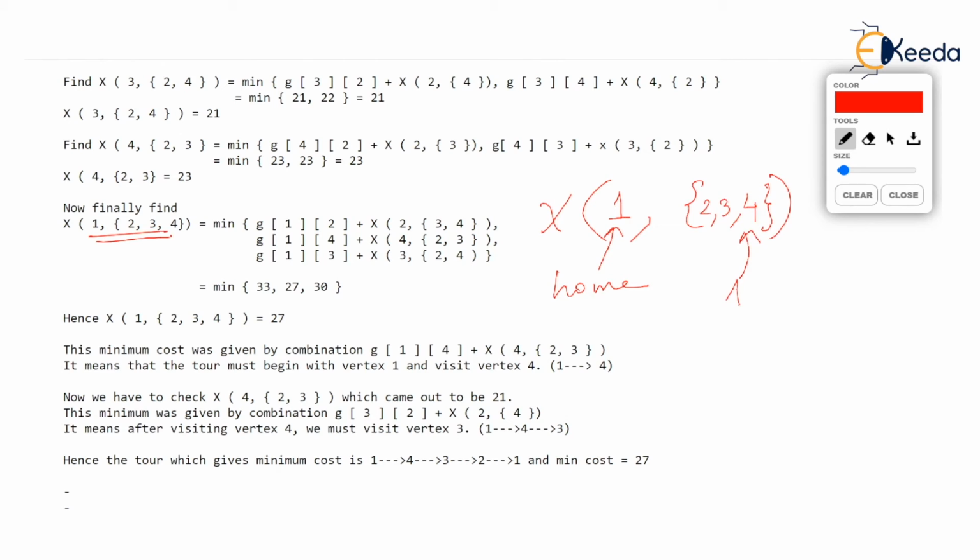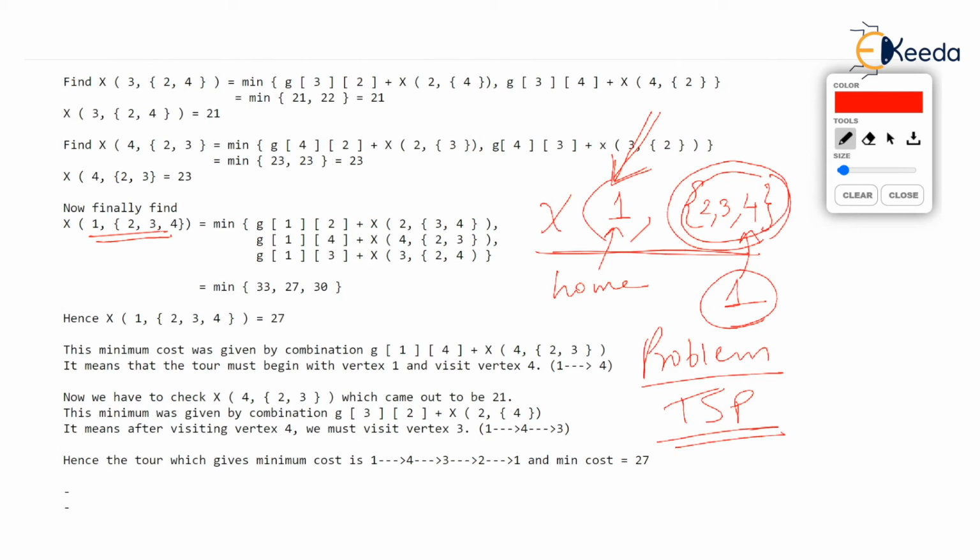Now what is this function going to give us? If your travel starts from 1, listen very carefully. If your travel starts from 1, and then you visit 2, 3, 4, these vertices in any order, and then finally come back to 1, then what is the minimum cost? And hello, this is the problem that we are solving. Come on, this is the traveling salesman problem. Start at 1, go to 2, 3, 4. We don't know the order, we want the best order, isn't it? So go to 2, 3, 4 in any combination and come back to 1 and select that combination which will give you minimum cost. Great. So what are we going to then do?